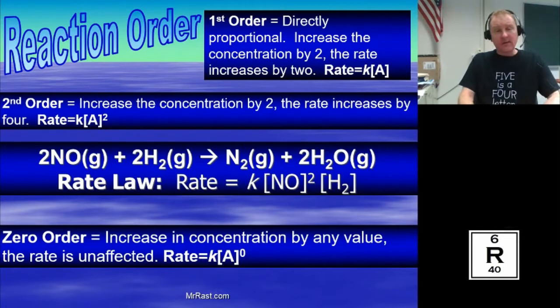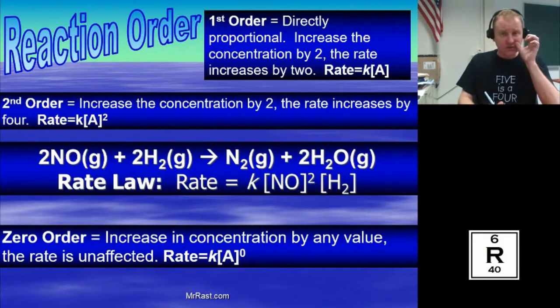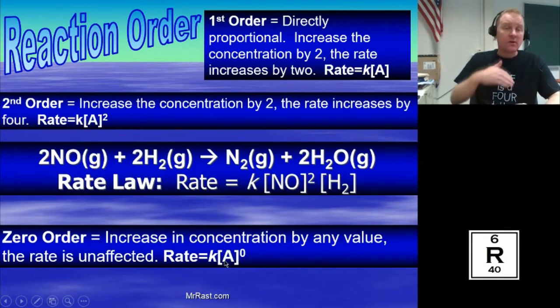The last type of rate law that I want to talk to you about is a zero order. In a zero order, if you increase the concentration of a zero order reactant, the rate is unaffected. So you can double the concentration and the rate doesn't change, or you can decrease the concentration and the rate doesn't change. As long as this reactant is available, the reaction will continue to go,